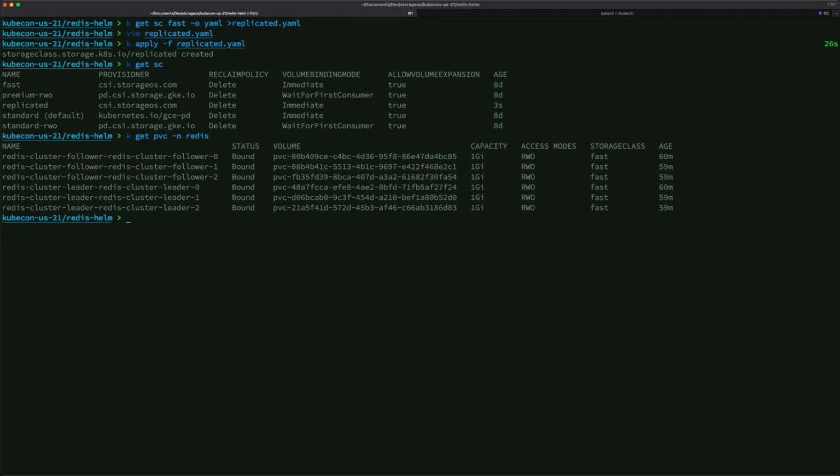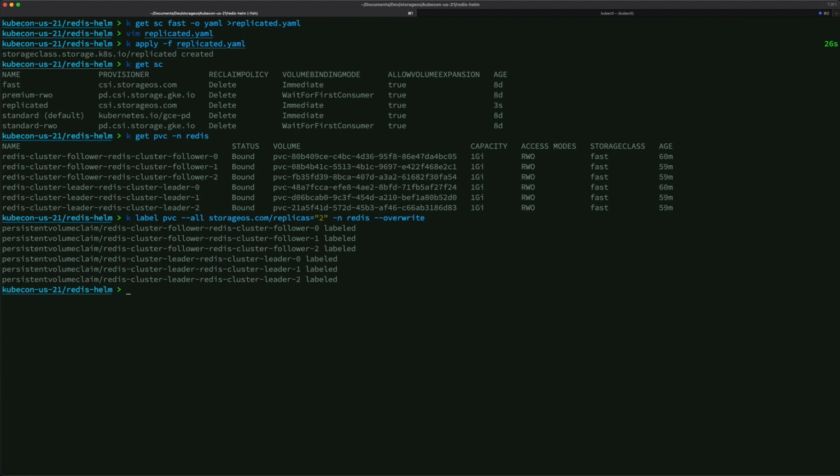add a label for all of them. So I can do something like kubectl label, here, -n redis --overwrite. So imagine I want, 2 is good. So let's do that. Okay, so we've done this for all 6 PVCs.